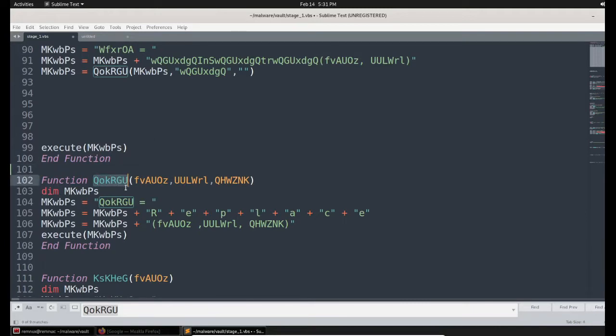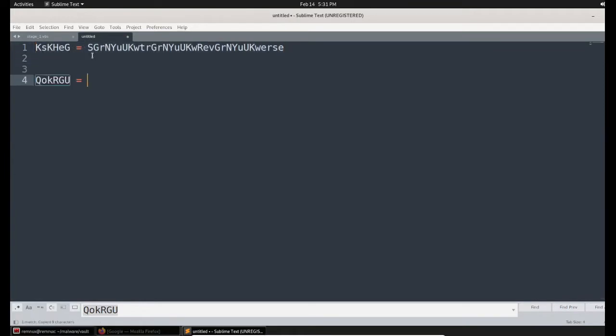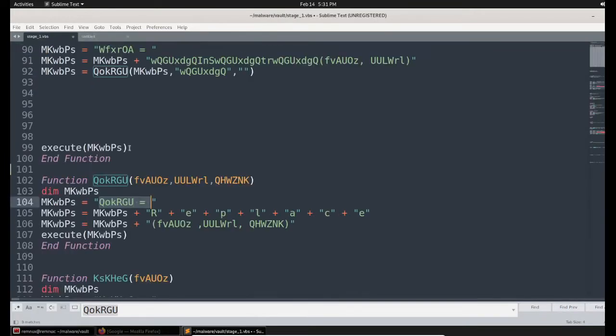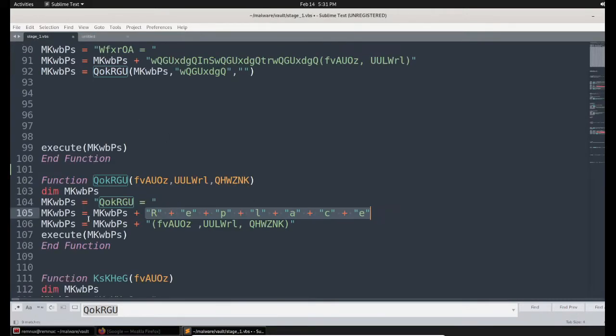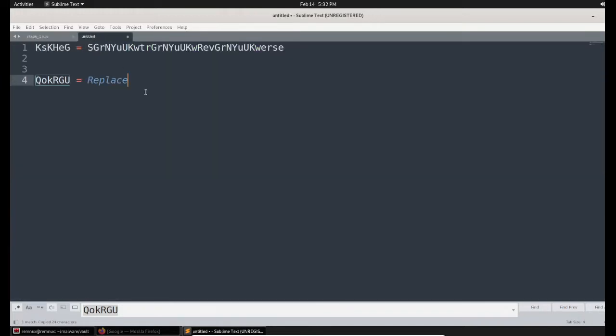First, if I see this function, there are three arguments and one variable is defined, and also the value is defined here. So let me paste this value here, and if I go to the next line, again they are calling the variable and appending it with the word replace. So it will look like this. They're appending it with the word replace, and in the next line they're appending it with other arguments enclosed within brackets. So this is the operation, replace with three arguments.